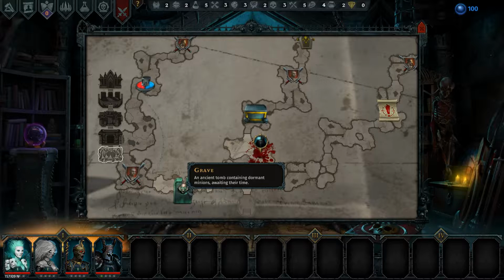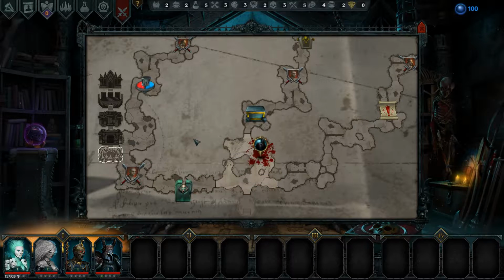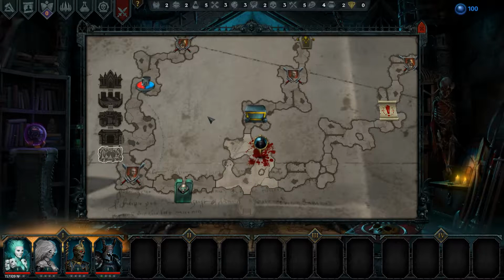We have grave and ancient tomb containing dormant minions awaiting their time. So every time I try this, there were always 3 minions popping up, and we can choose which one we take. I think any of the minions that you have currently available, so I don't think it can be one of the minions that you didn't reveal yet, but from the others it's random 3